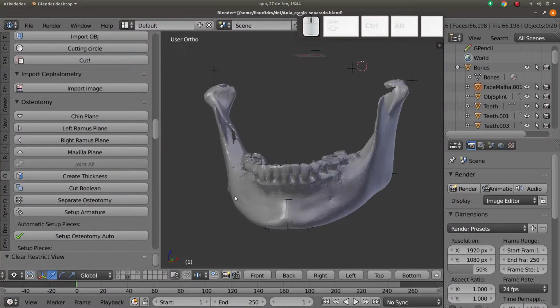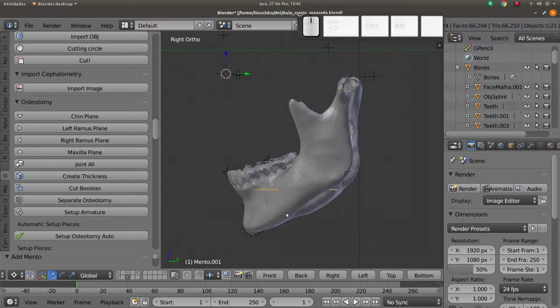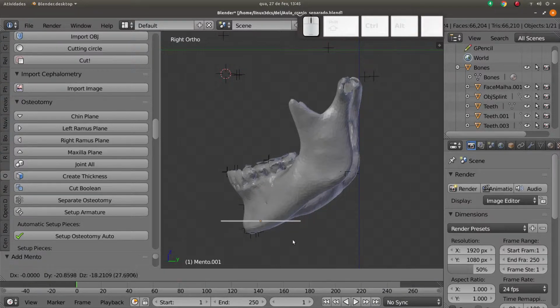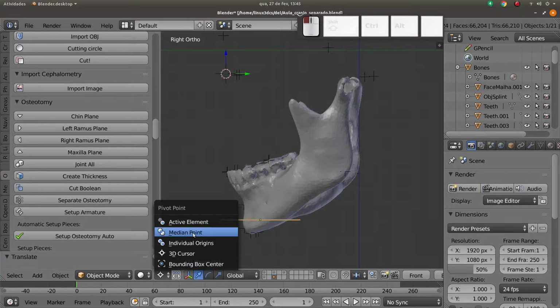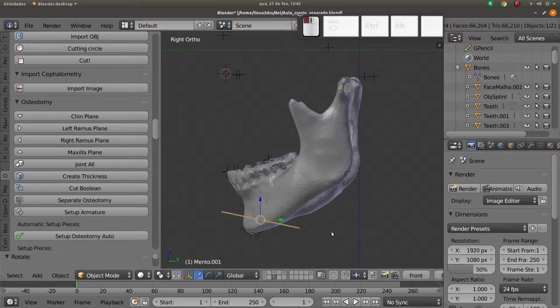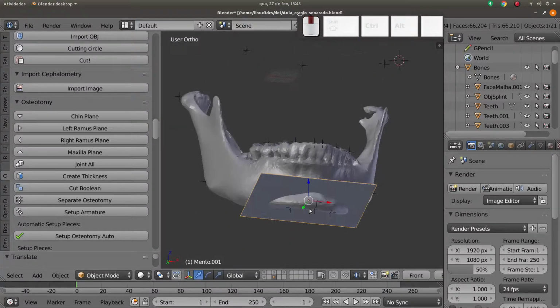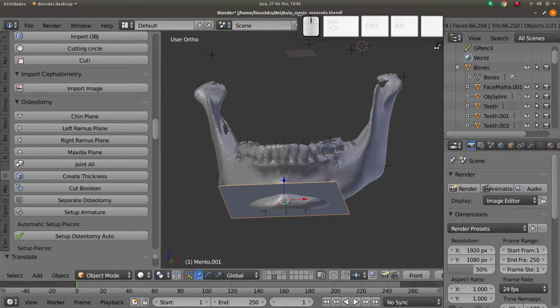Okay. And first we can put the chin plane. Chin plane, you can see the chin plane here. I am seeing from right, and I will move it with G and put it. Oops, I have to change the pivot to median point. So I rotate it and put it here. It's a good